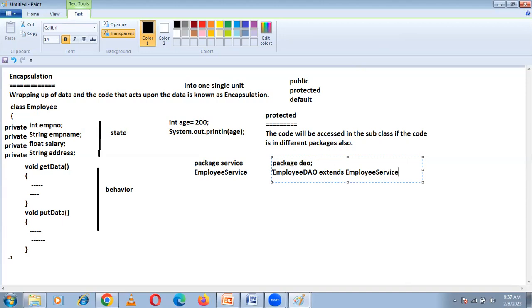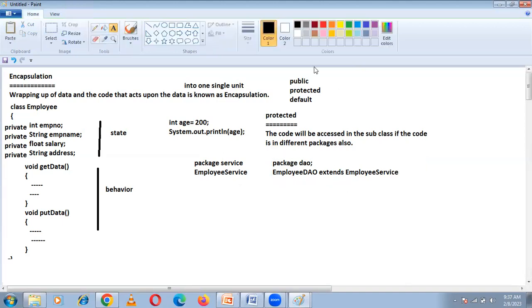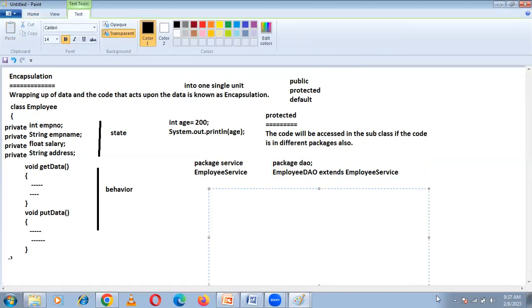That is protected. Then what is default? The default members or methods can be accessed only in the same package, but different classes. Outside the package, it cannot be accessed. That is default. Outside the package means, suppose